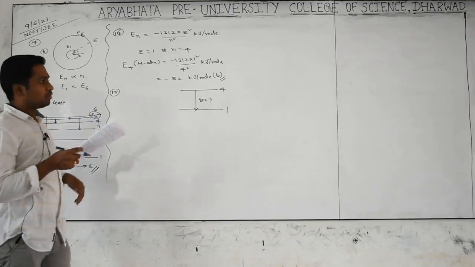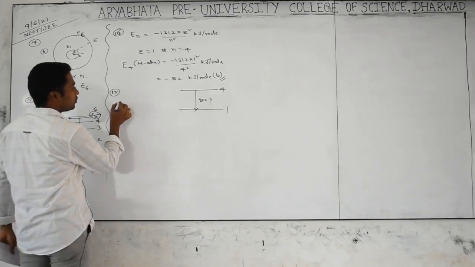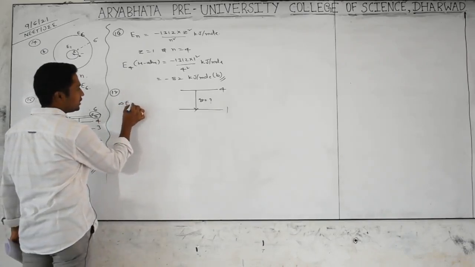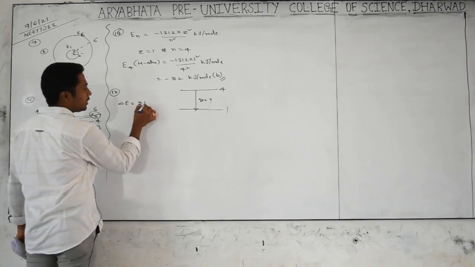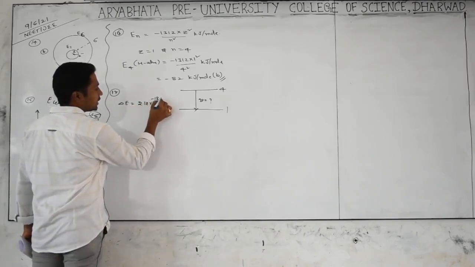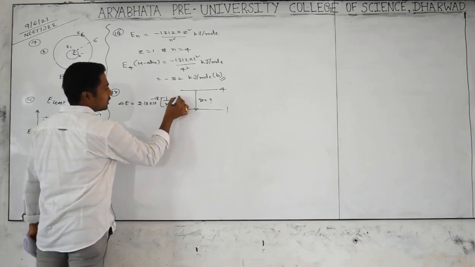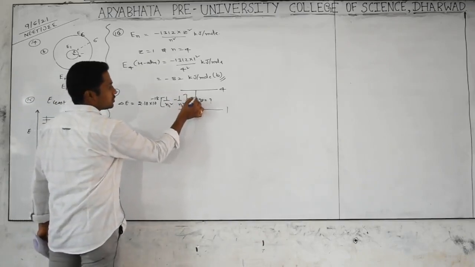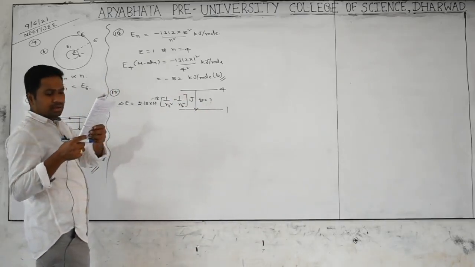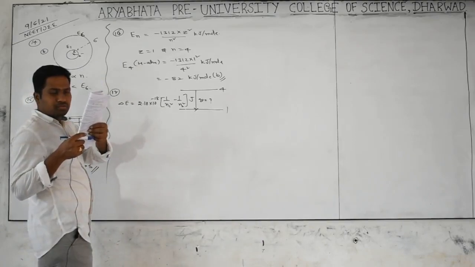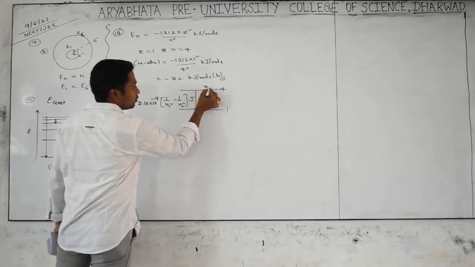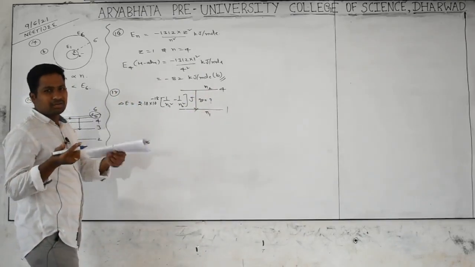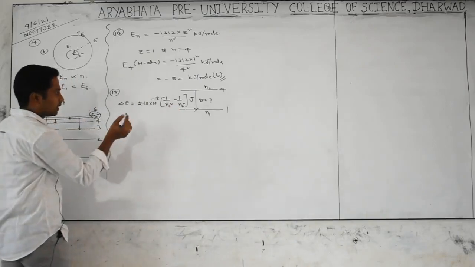So anybody, what we have to do? First of all, I want the answer in second inverse. Energy change you calculate: energy change is equal to 2.18 into 10 to the power of minus 18 into 1 by n1 square minus 1 by n2 square into z square, coming in joules. Here n is equal to 4, the higher orbit, nothing but n2, and the lower orbit is n1, into z square. It is a hydrogen atom, so z will be 1, it's not a matter. Okay, let it be.